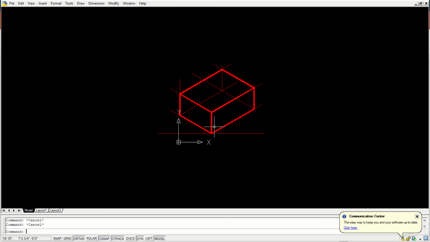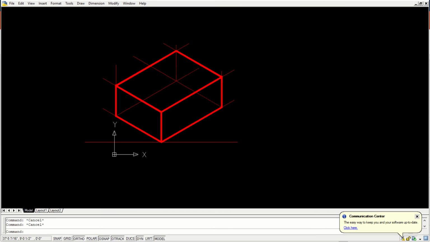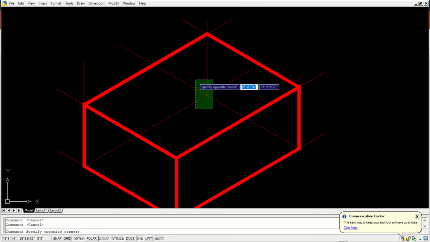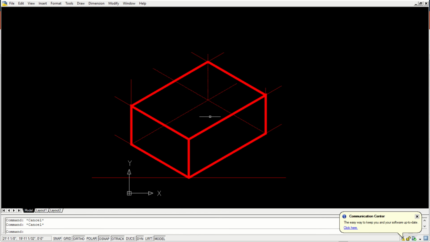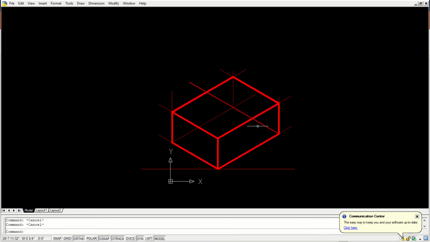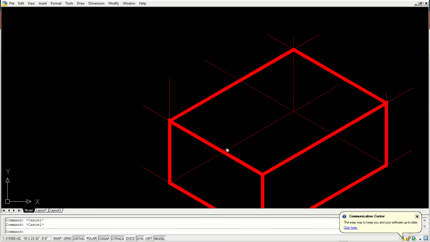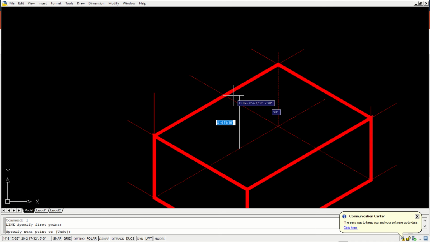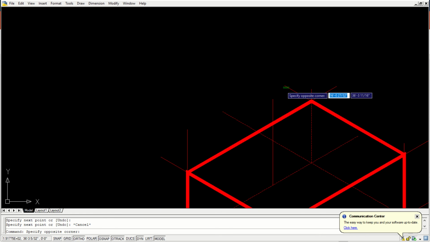Once you have done this 3D, converting this into, let me make this slightly complex so that we can understand. Let us add an object here, or let us extend this.